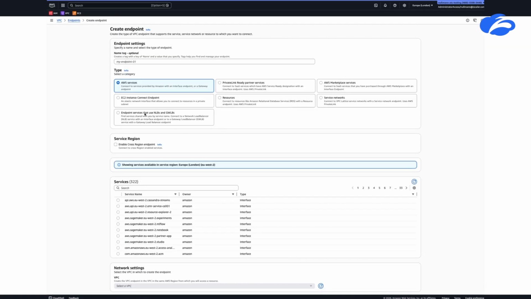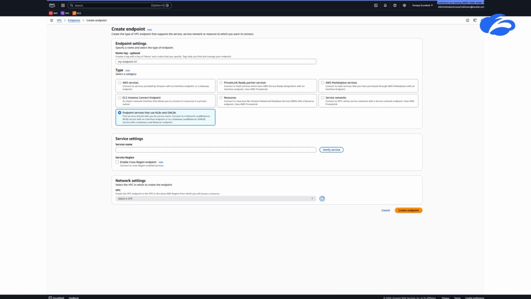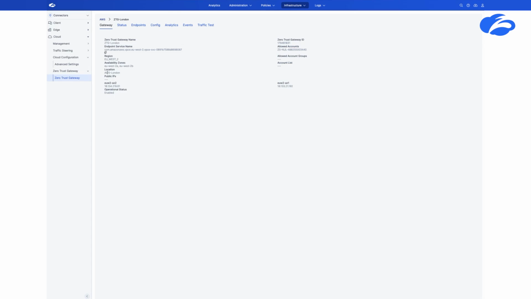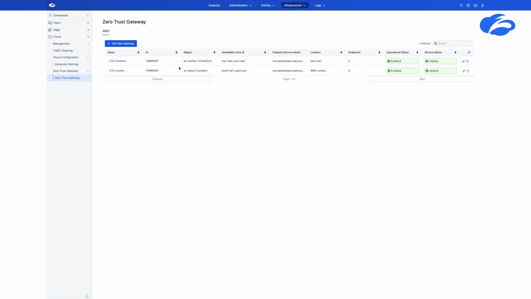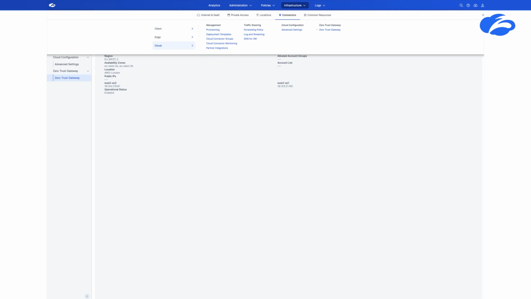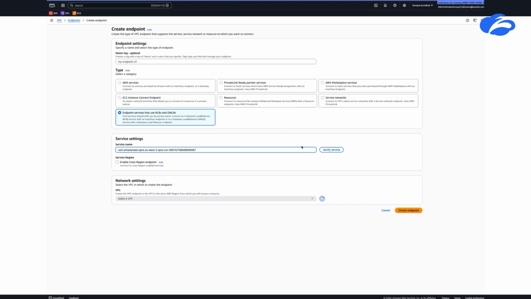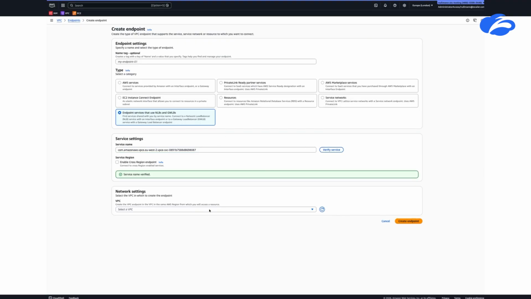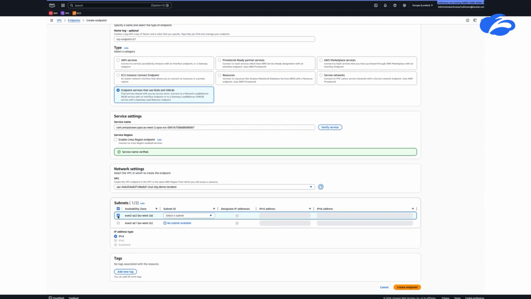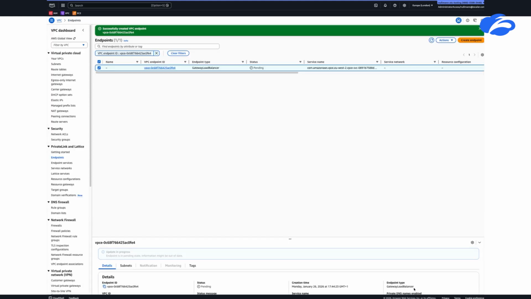In this VPC, we are going to create an endpoint service that will be linked to the service name that we have provided or created as part of the Zero Trust Gateway. You can look that up in the Zero Trust Gateway console, copy it, and enter it into the AWS Management Console. Now, with the endpoint service being verified, we can decide into which subnets and VPC we would like to deploy the gateway load balancer endpoint service, and we are done on the AWS side.